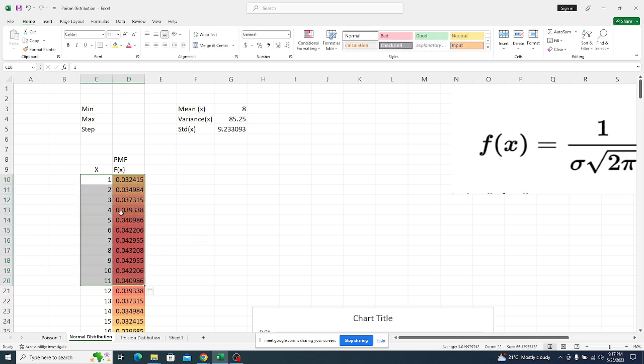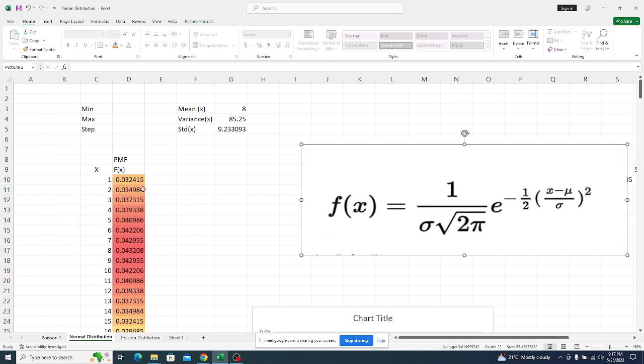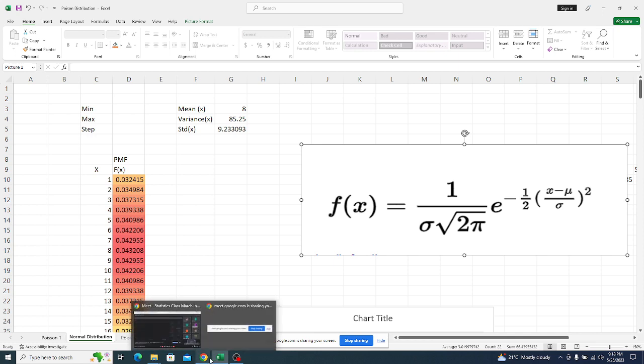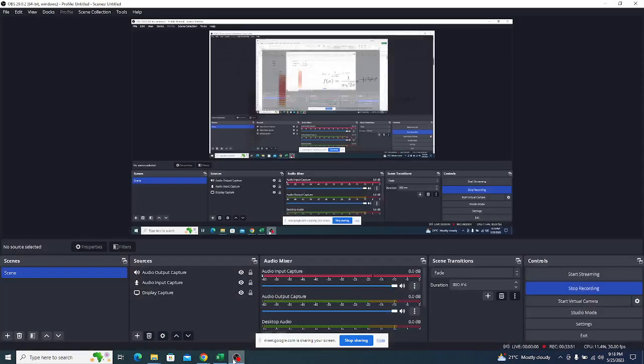Maybe you decide to go with height data, blood pressure data, or another kind of data which follows a normal distribution. You can even choose data which is related